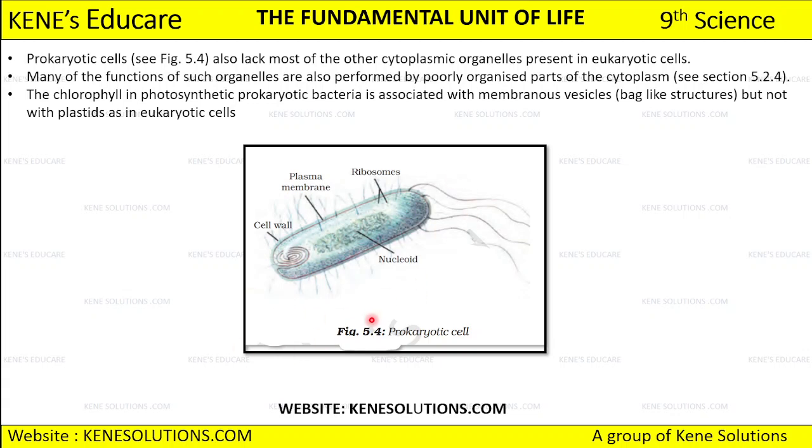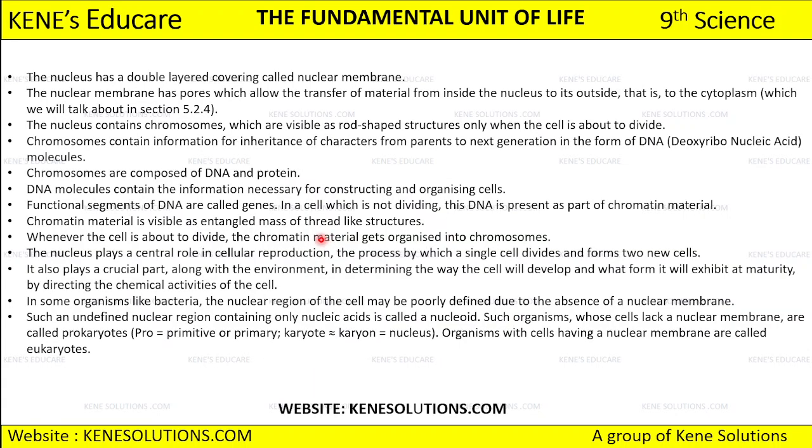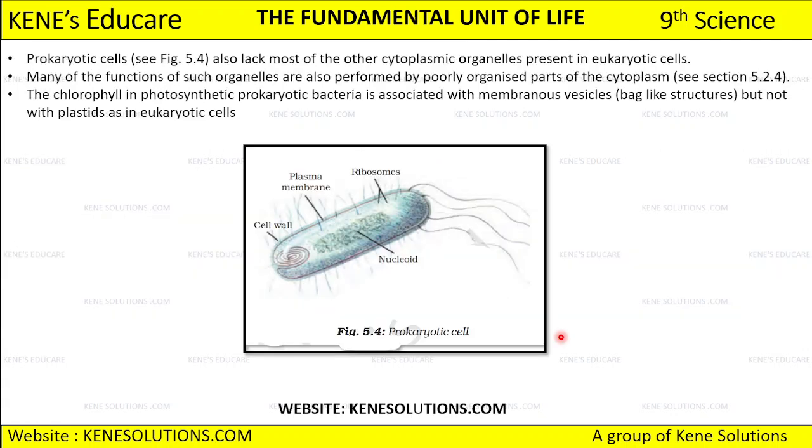so this is the diagram of the prokaryotic cell which has been given, where you need to show the cell wall, the plasma membrane, ribosomes and nucleoid. Nucleoid किसको बोलते हैं हम? Only with the nucleic acid, and they don't have a nuclear membrane, then we call that a nucleoid. It says undefined nuclear region containing only nucleic acid. Now this nucleic acid can either be DNA or RNA, but it is not having a nuclear region, then we call that nucleoid. So prokaryotic cell has a nucleoid in the center. Okay,